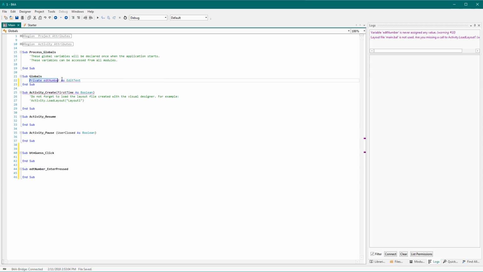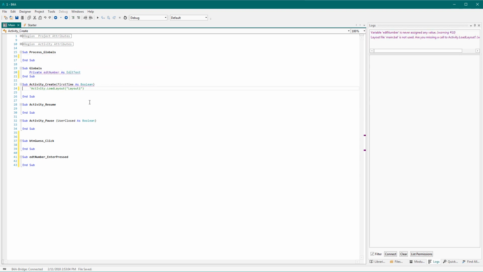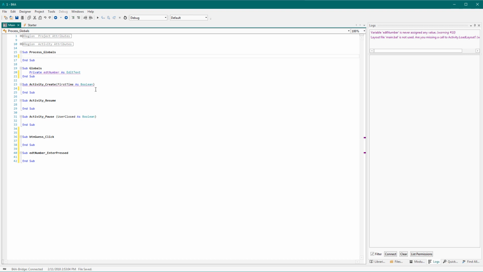If we try, however, to put the view in the process global sub, then we will get an error because it is an activity object. Okay, so if you remember the program, we need to have a random number